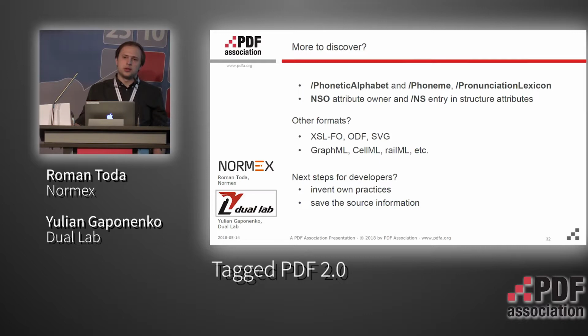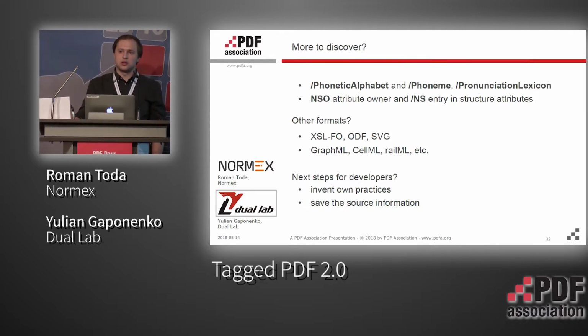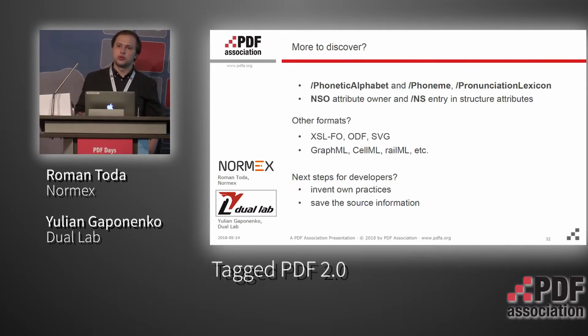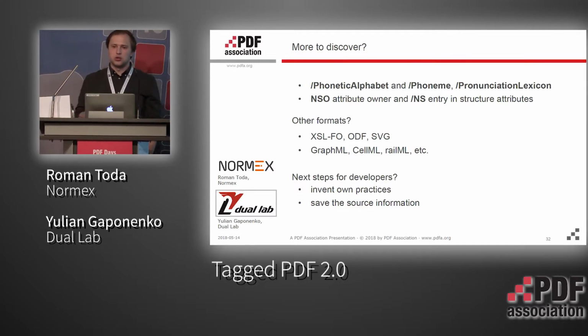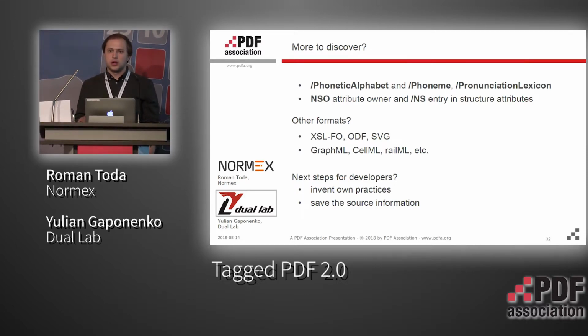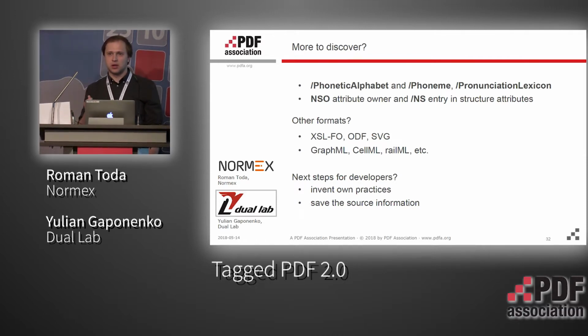So what can we do as a PDF community, as developers today? I think that we should be open to inventing new ways, new practices. There are numerous use cases where it's not clear how to tag them properly and how to use new features for them. By solving those issues, even when we get not ideally tagged PDFs, or it's not really clear whether it's ideally tagged or not, I think